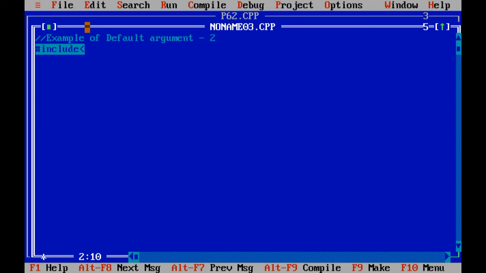Number 1, you need to assign values from right to left. Number 2, suppose you are passing a value from the void main, at that time it will return the result based on that value. But suppose you are not passing the value from the void main, in that situation the value which you have passed as default while declaring the function, it will return the result based on that calculation.